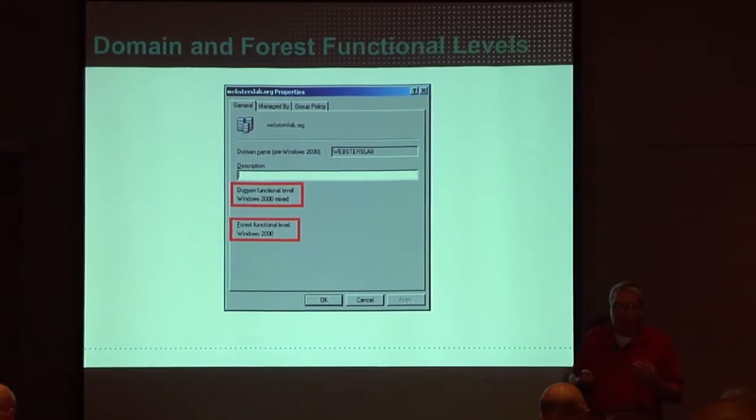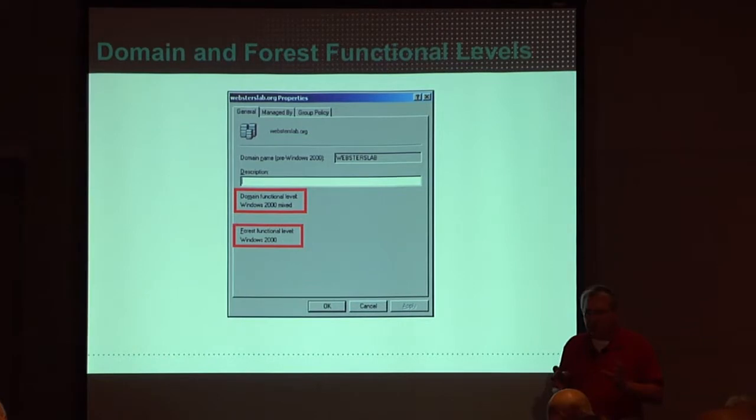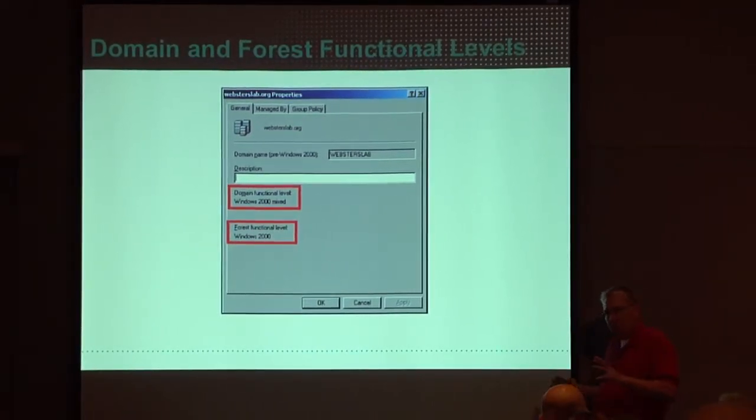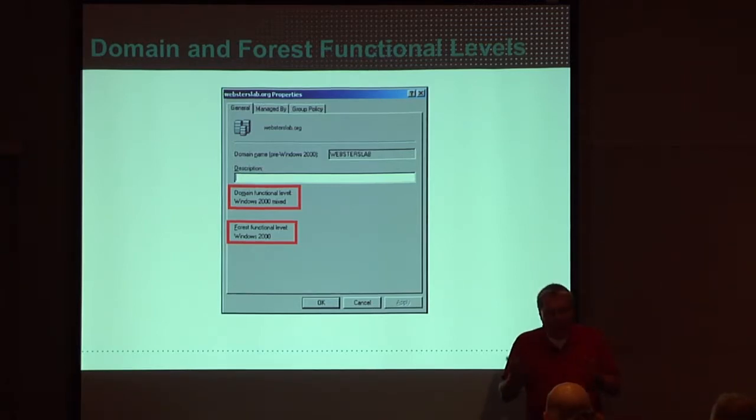At the 2000 level, a group can only consist of about 5,000 objects. And for most groups in our world, that's just not enough members. And the other thing that this is important for is if you're at 2000 and you go and make a change, say you either add a member to a group or you remove a member from the group. If you've got 5,000 users in that group, you've got that big old ostrich egg replicating to all your domain